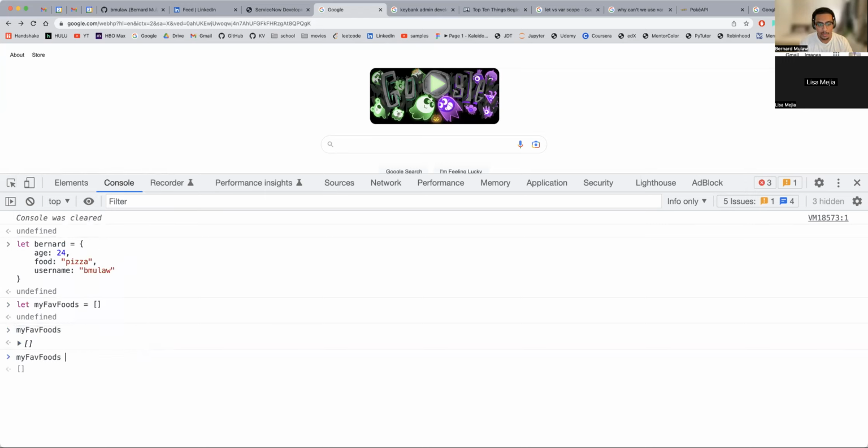My favorite food is now equal to, let's actually put in my favorite food, pizza. Now it has an item in that array. It has a list of items, and it can have multiple items. So if I wanted to add an item to it, my favorite food dot